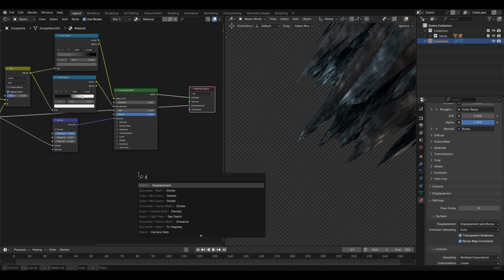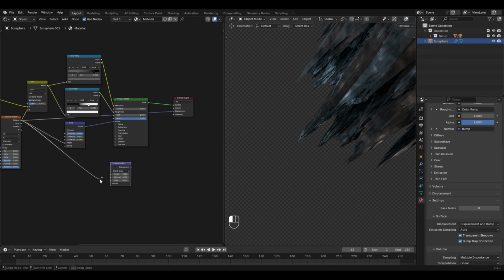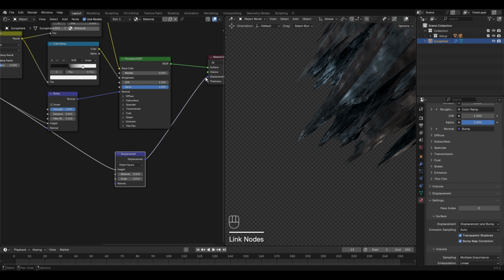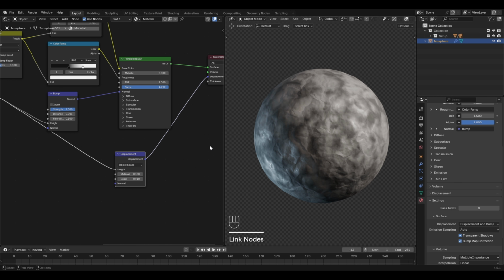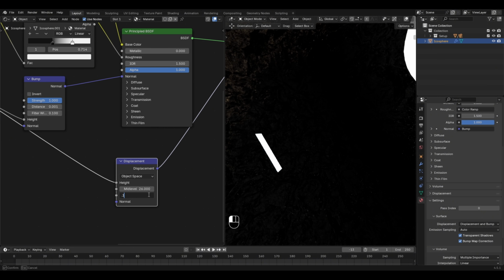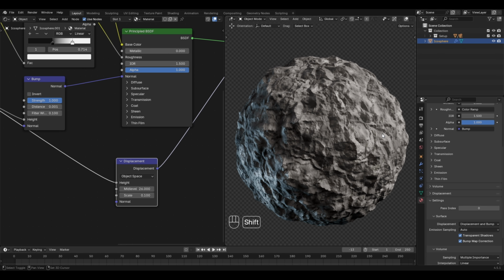To fix this, add a displacement node between them. Connect the Voronoi texture's distance output to the height input of the displacement node. Then connect the displacement output of that node to the displacement input of the material output. This gives us full control over the displacement effect. Now, adjust the displacement node settings. Mid-level, 0.26. Scale, 0.100. As soon as you make these adjustments, you'll see the sphere transform into a much more convincing rock